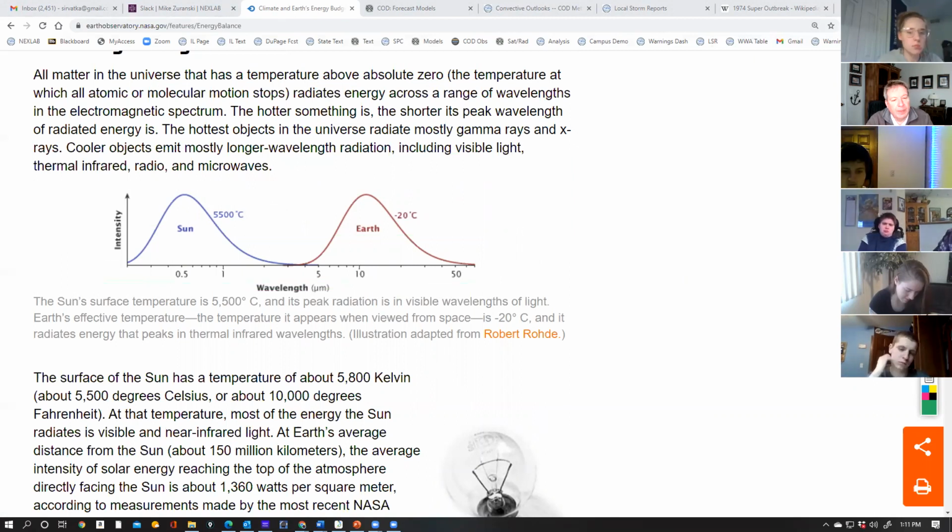Is that one the Boltzmann or is that the Planck's? The graph is Planck's black body distribution. Yeah, that's what it is. So this is the sun, this is the earth, and it's showing wavelength. Notice too that it's not a linear scale, it's logarithmic. The sun is to the left at 0.5, the earth is to the right at 10, right? But that's showing you more Wien's displacement law,